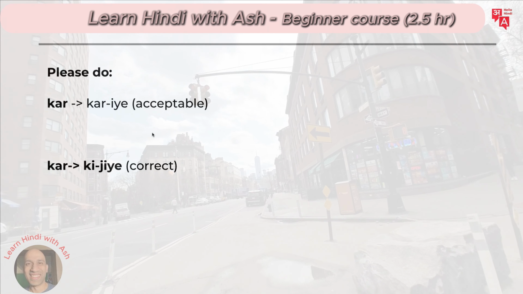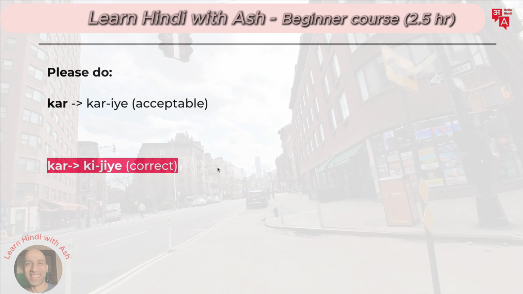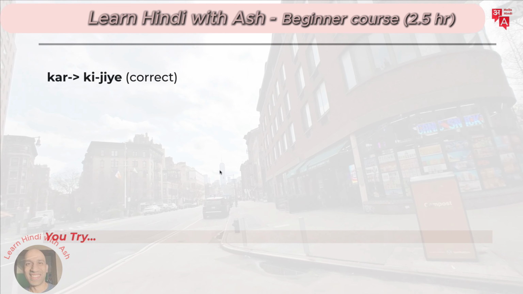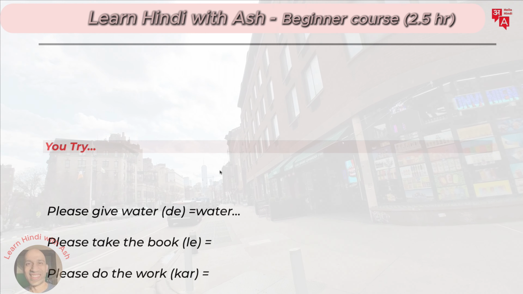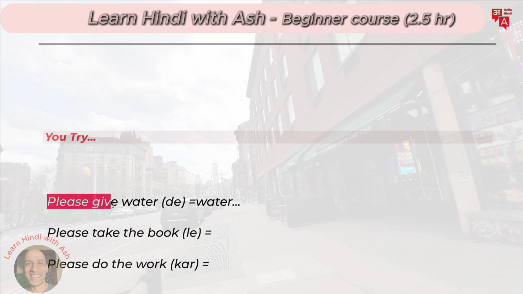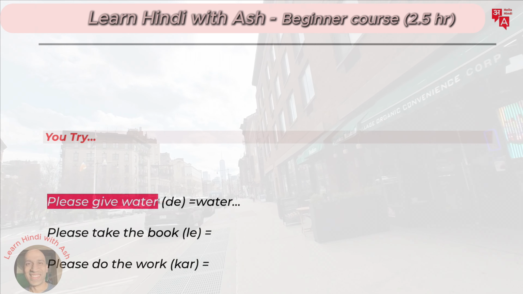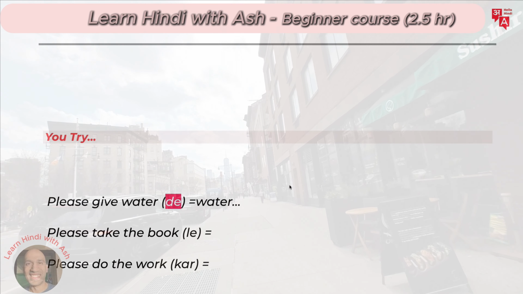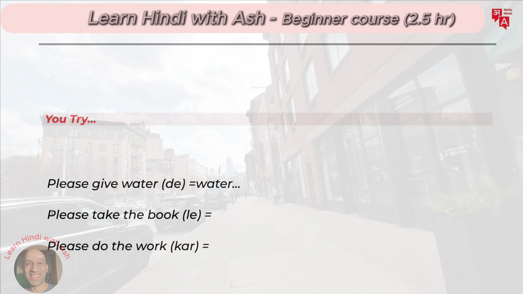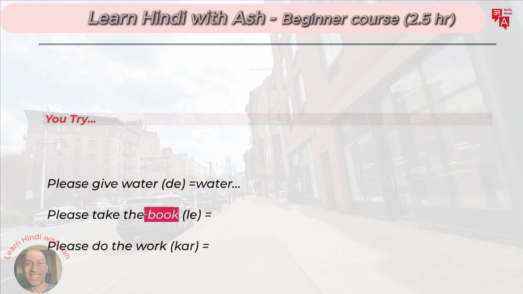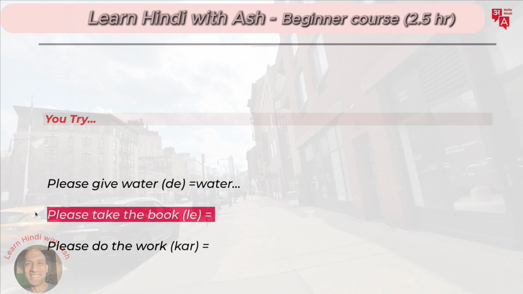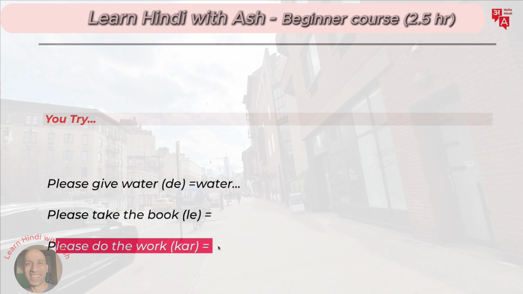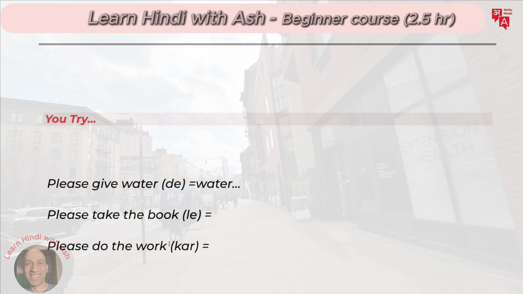It's fine, but slightly better is kijiye. Again, this is slightly advanced. When we keep reviewing it later, you will understand it. But for now, it's nice to know. So see how you can say, please give water. Water, not deiye, is the exception. D something, dijiye, yes. Please take the book. Book is kitab, or you can just say book. And then how can you say please take the book? And then please do the work. Work is, you can just use work, or you can use the Hindi word काम. Right? Then you've got the idea.